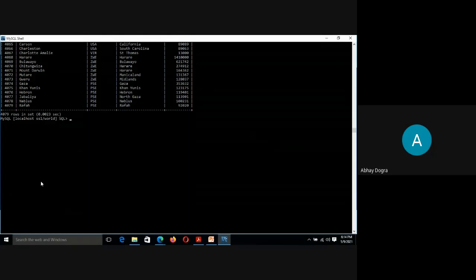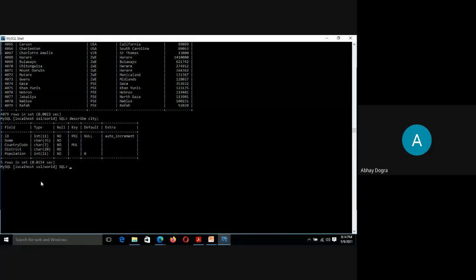But otherwise, if you are only interested in the fields that a table holds and their data type, then in that case you can use the describe command. Describe, name of the table, right? This is very simple and easy because this gives you an idea what all fields are available under this table.